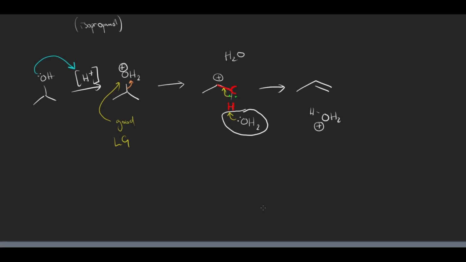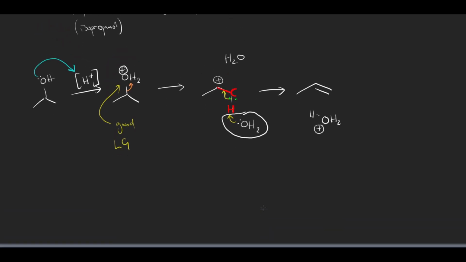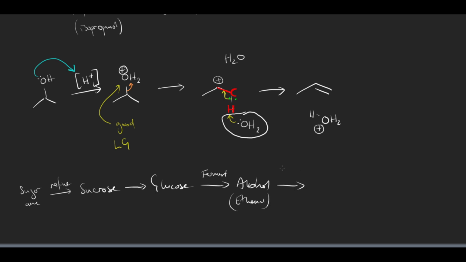Now you might have spotted that we've done something quite cool, because if I start off with, for example, sugarcane, and I refine that, I get sucrose, which I can turn into glucose, which I can ferment into alcohol or ethanol, which I can fractionally distill. Let's use a different colour here, fractional distill, into just ethanol,